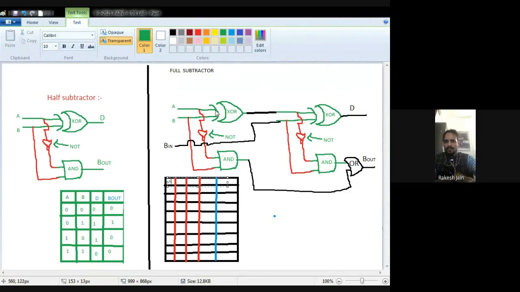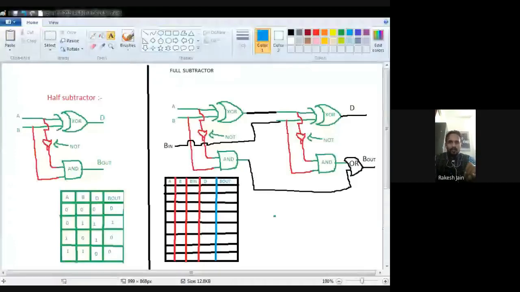One input is for A, one input for B, one input for B input, that is Borrow input. Here is the output line with the blue color I am going to show you. One output is your difference, and one is the Borrow output.